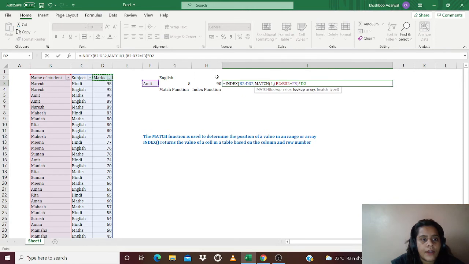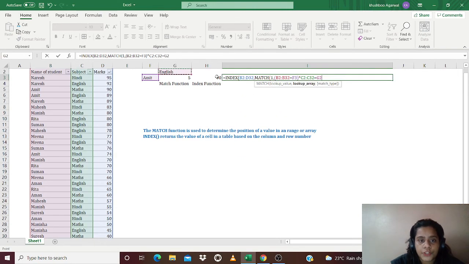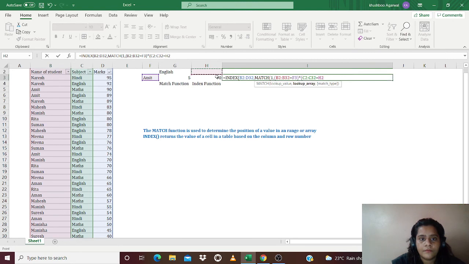Then we'll be defining our second parameter, that is the name of the subject. And the match type as 0. So we have put in the entire match function in our cell, which will give us the row number.